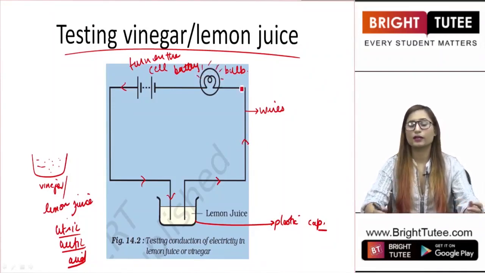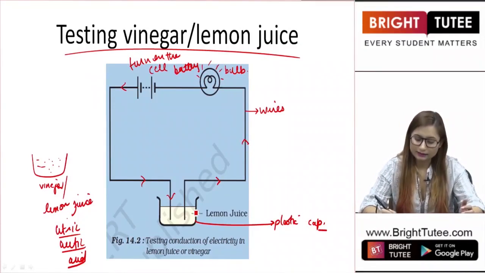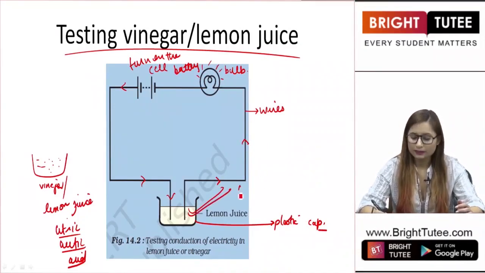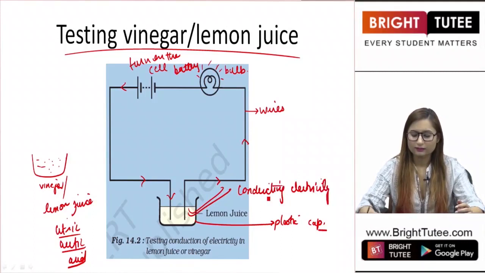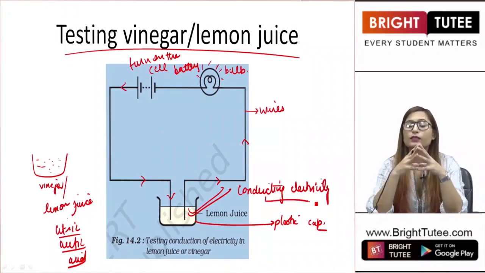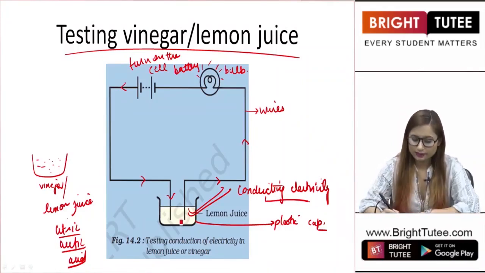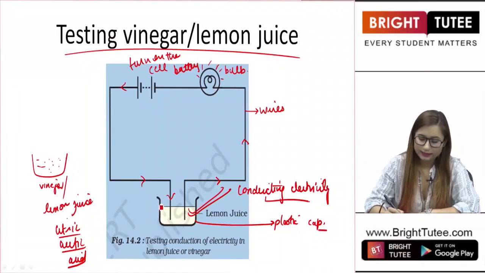Now why is this bulb glowing? It is glowing because the circuit is complete and this liquid present inside the cap is conducting electricity, right? There are other liquids as well that conduct electricity. So students, as I told you, when we complete the circuit with lemon juice present inside this cap,